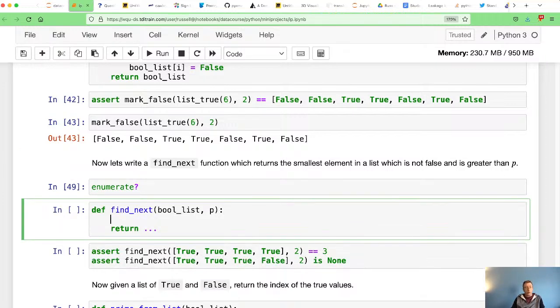So we could use this enumerate, let's make it explicit, for index and element in enumerate. I'm not going to start from the beginning of this list. I want to start from index p plus 1 and go to the end of this list. And remember, the enumerate normally starts from 0. I'm going to start enumerating from the value p plus 1, because I want the index,